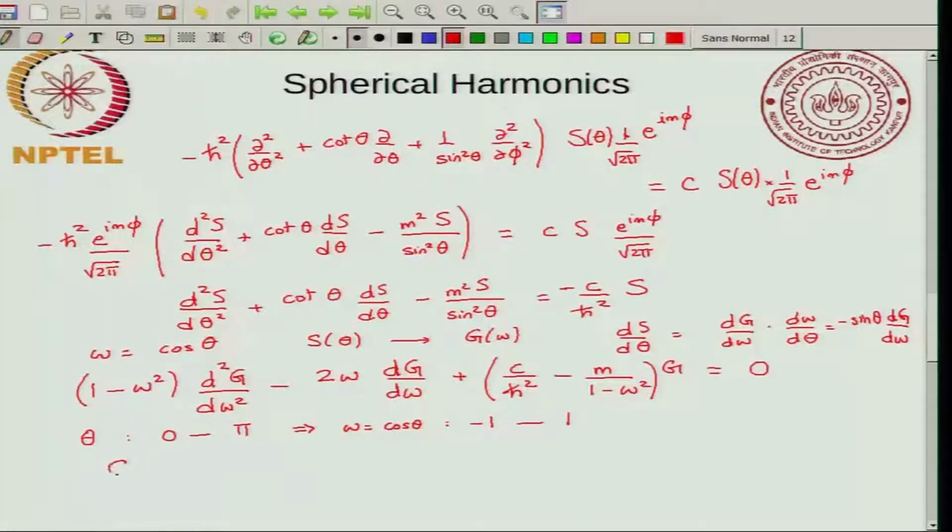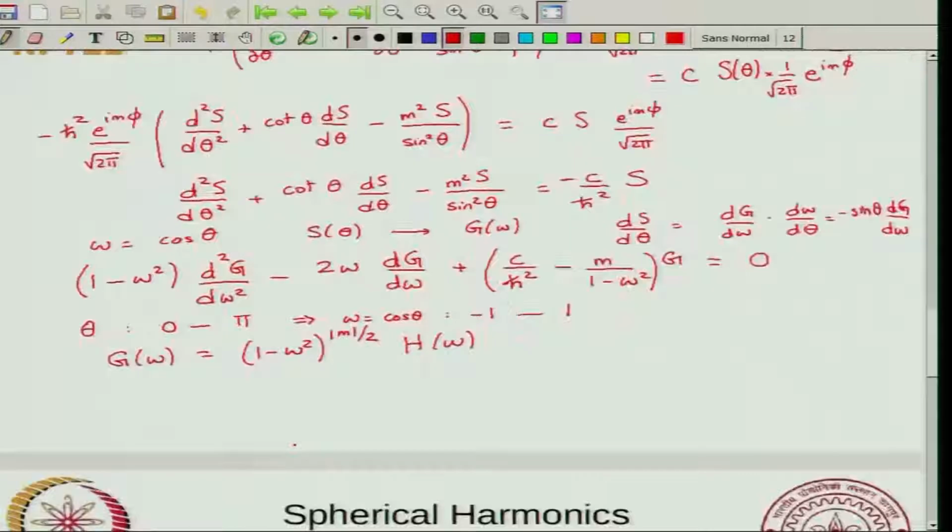So you use g of w is equal to 1 minus w square raised to m by 2 times h of w. I'm defining this new function h in this form, so I'm writing g as this, and it will become obvious why we are doing this. When you substitute everywhere, in each of these terms, you can write the differential equation in the following form: 1 minus w square,